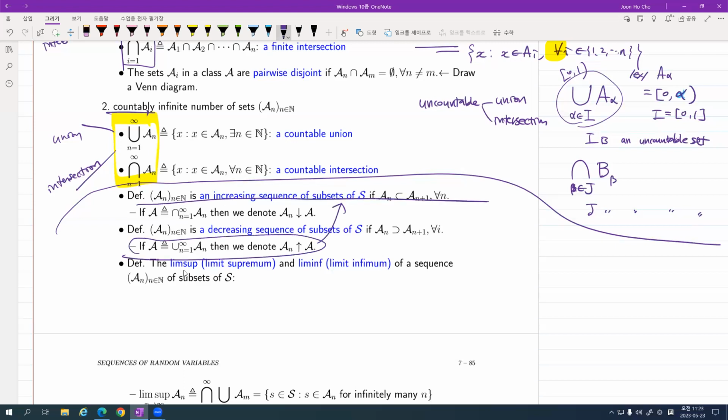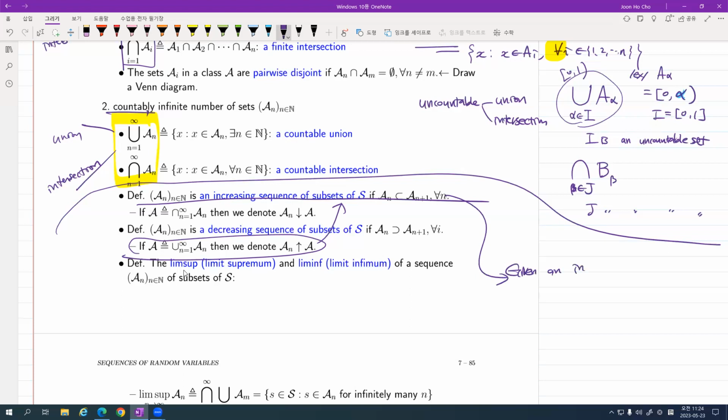So given an increasing sequence of subsets, what if you compute the countable union of the increasing sequence? First, what will happen? What is that, by the way? As you have done in your high school math, we usually truncate the upper limit. Then A1 is included by A2. So if you truncate at A sub n, you have A sub n, right?